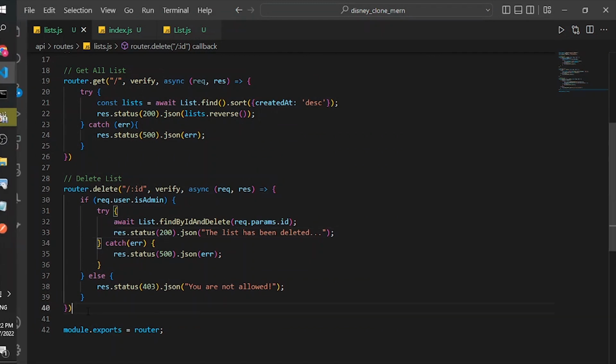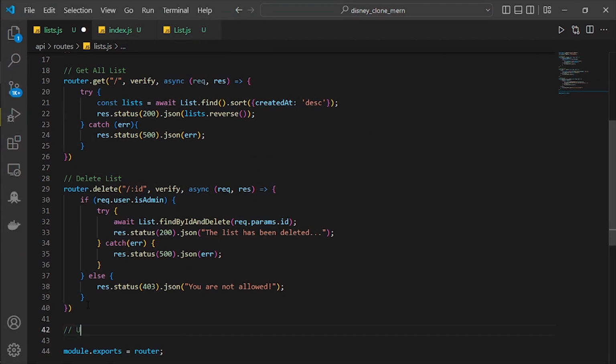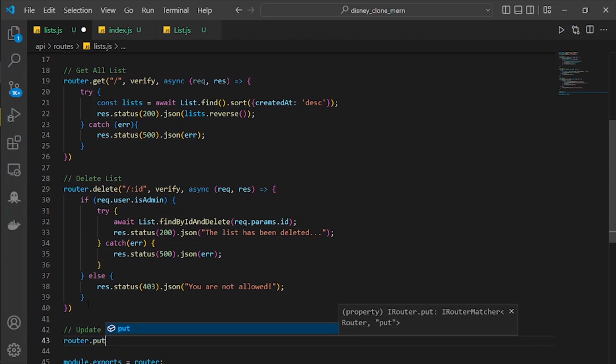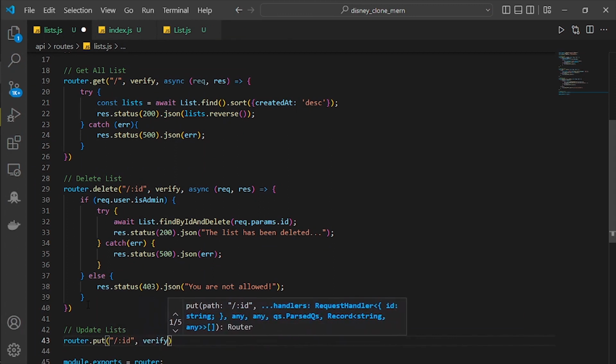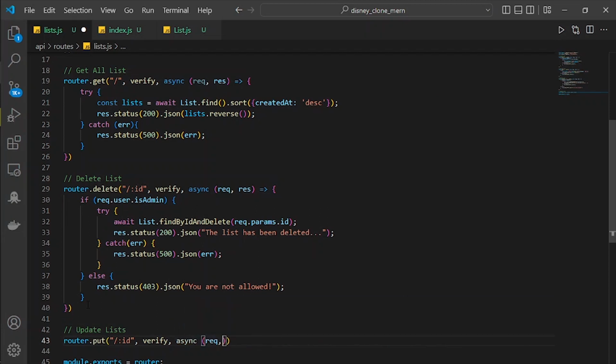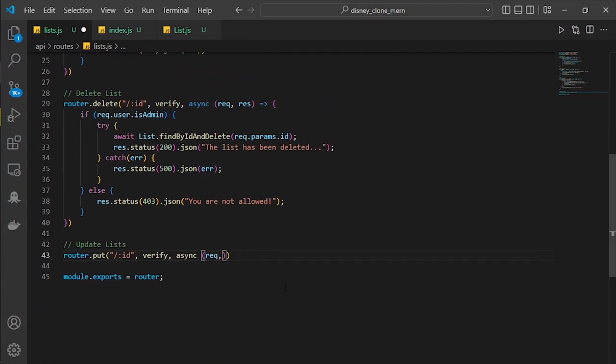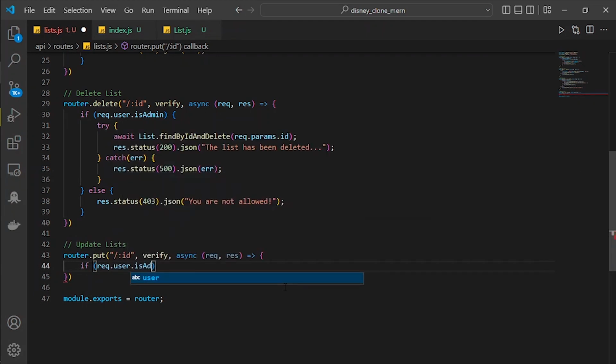For the edit is a little bit similar to the other routes. So it's going to be update list and then router.put and then it's going to be slash id comma verify, is going to be async and then request, and after it gets the request, it will get the results, and then it will equal to if and then request.user.isAdmin